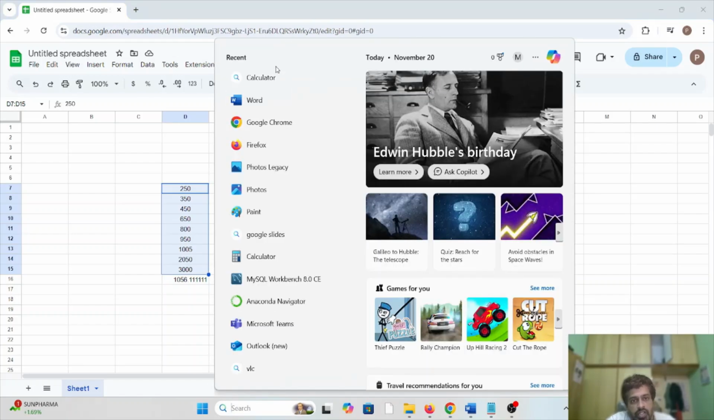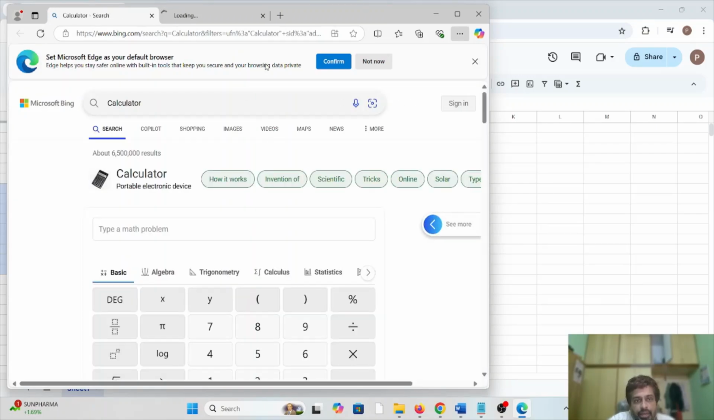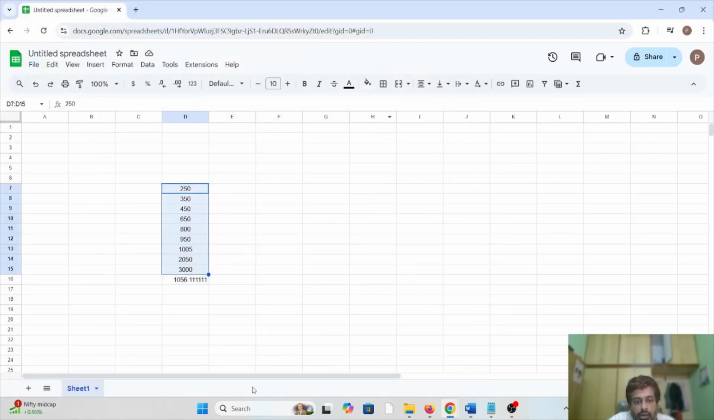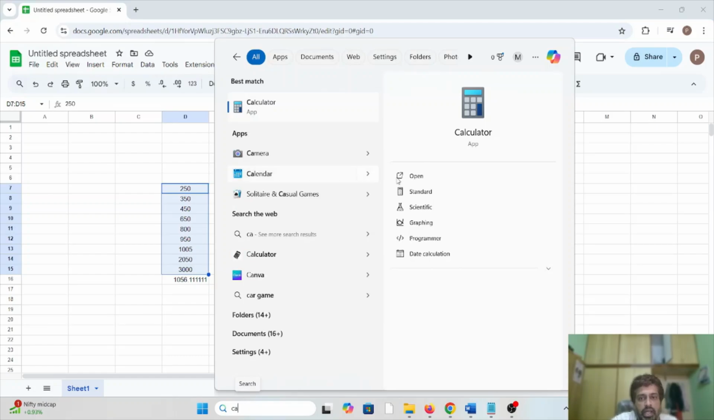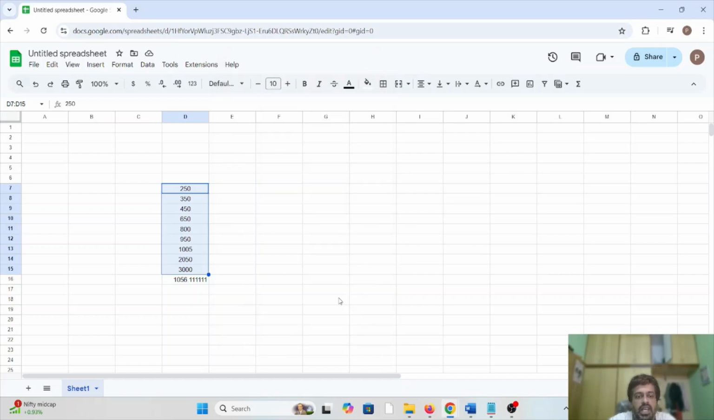Okay, so let's open the calculator. 9050 divided by 9. Okay, so 1050.11. So this is the average of all these numbers by using the formula =AVERAGE,